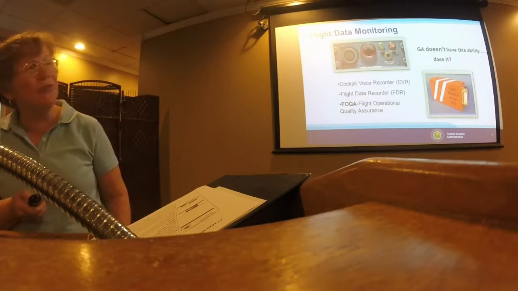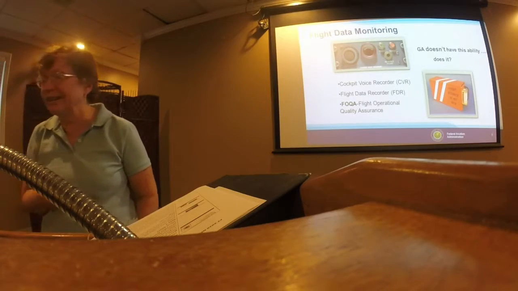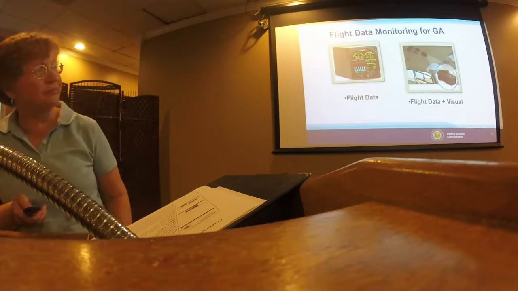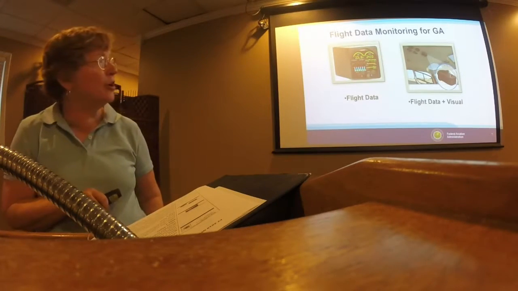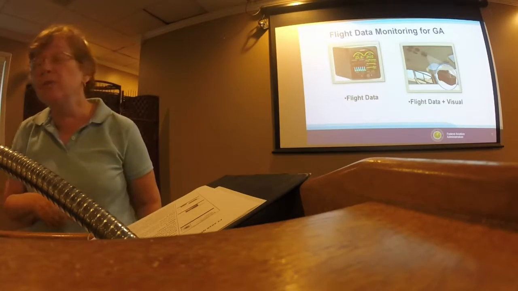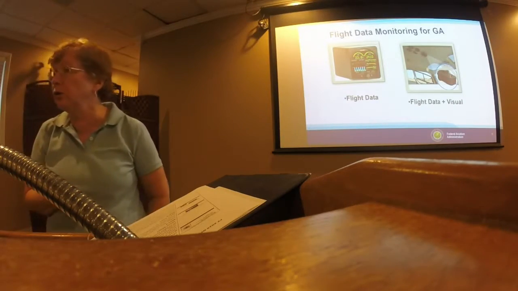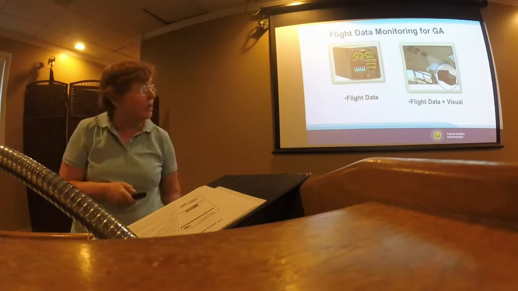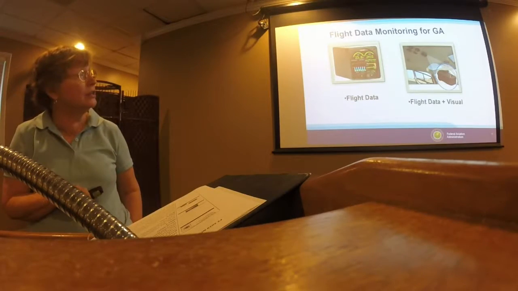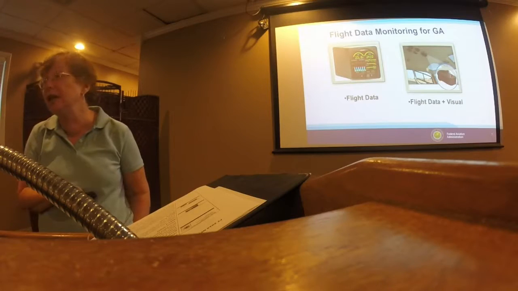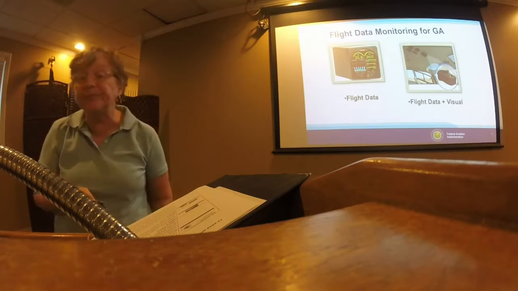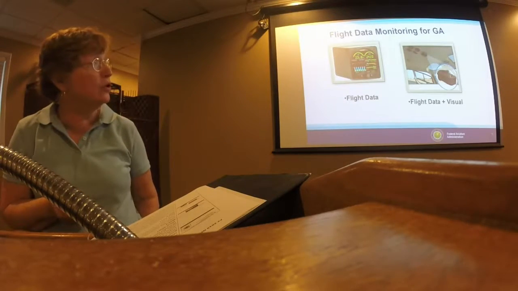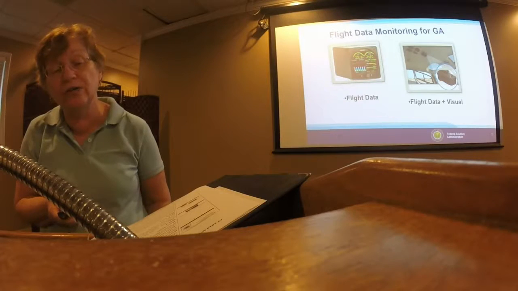But we don't really have this ability, do we? Well, depends on what level of airplane you're flying. If you're flying something that's got a box like this, then it may have the capability to download, or for you to download information from it. You can kind of see this one has both EGT and CHT data on it. Doesn't have airspeed on it, but it definitely has fuel flow and oil temperature and all that good stuff.